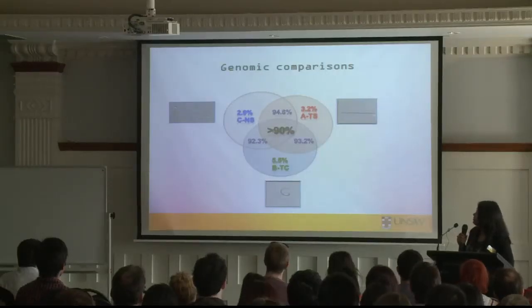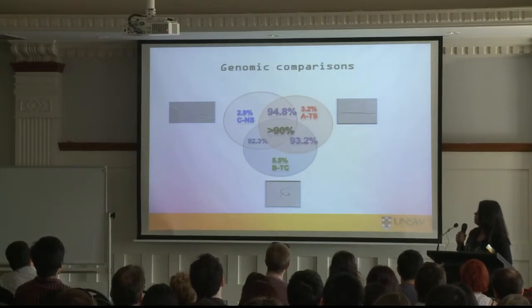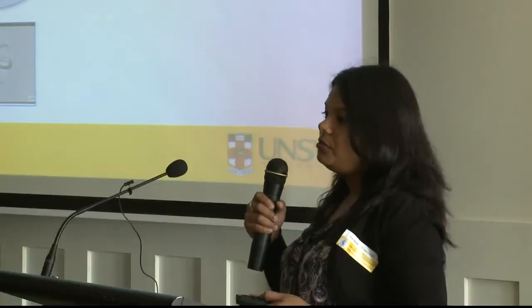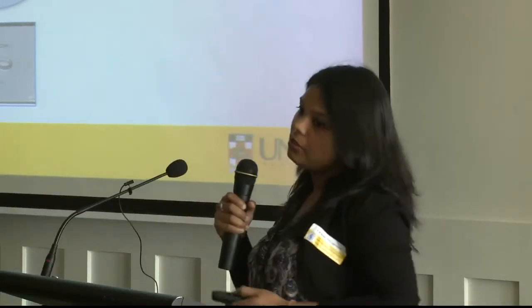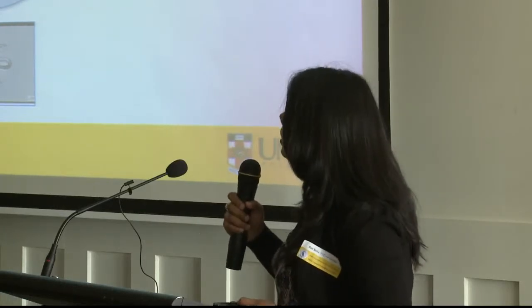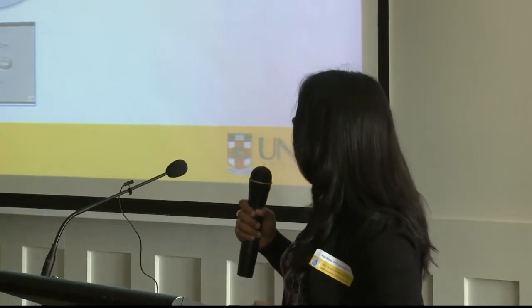Then, between the 2 straight morphotypes, 94.8% of the genes were the same. Between the 2 toxin producing ones, 93.2% were the same. So we can see that the 2 straight morphotypes are more similar to each other than the 2 toxin producing ones. The other numbers I want you to see in this slide are 3.2,